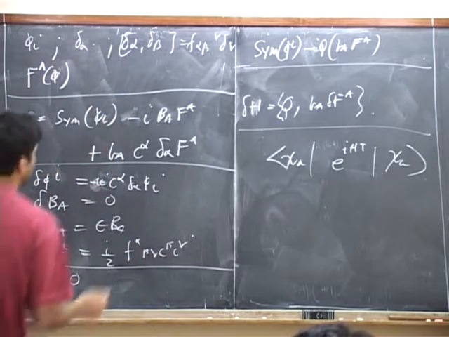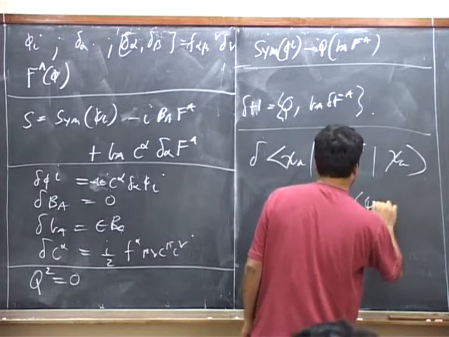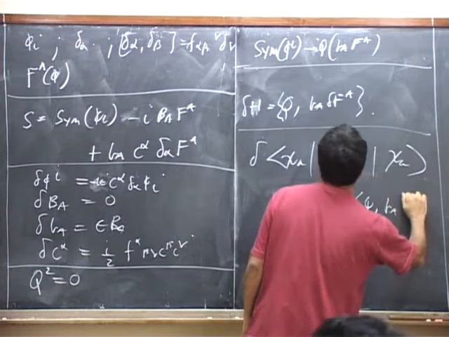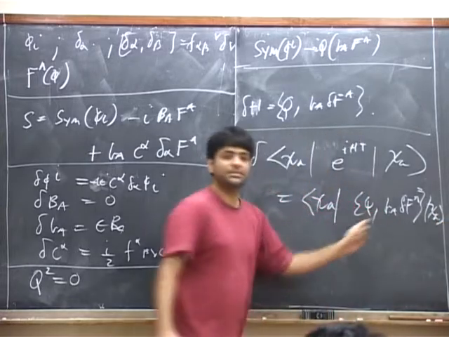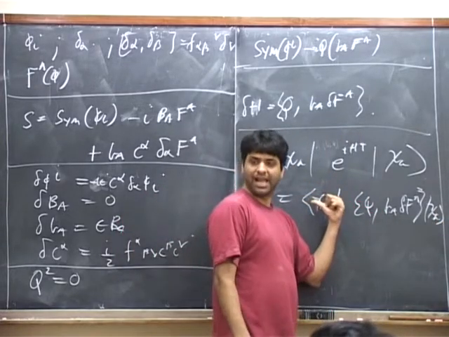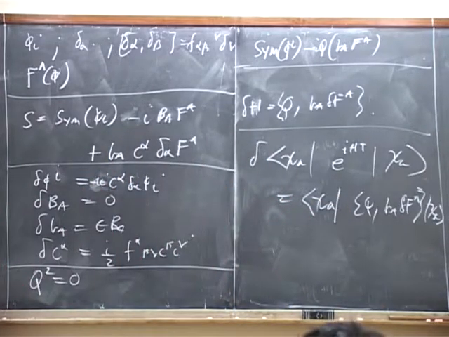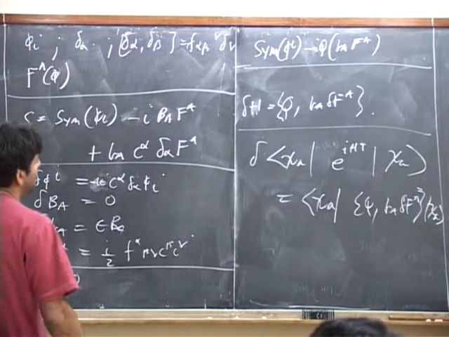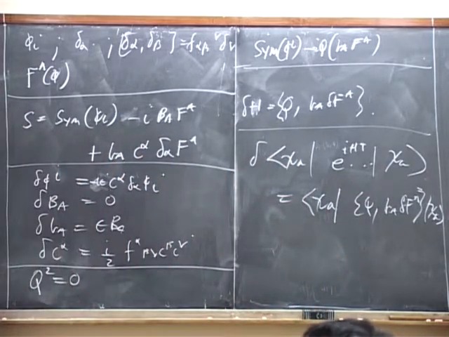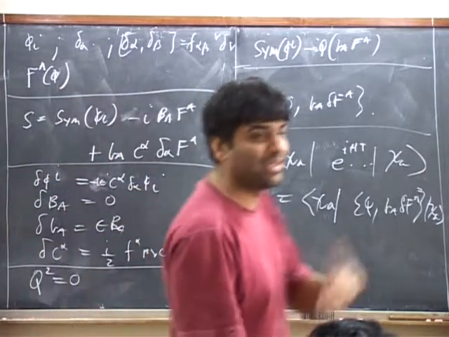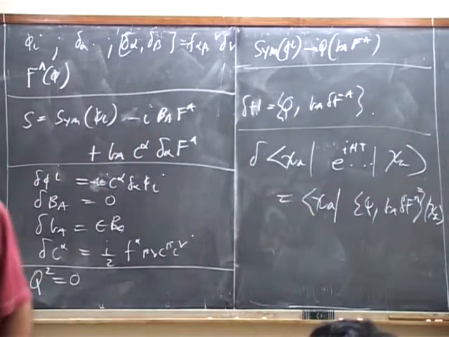Because the change in such a matrix element is simply chi A, Q, B, A, delta F, A, chi B, and this term is 0 because Q annihilates chi A by hitting from the left or from the right. Was this clear? Okay? Similarly, we might be interested in more than just matrix elements, we might be interested in operator insertions. But once again, if we choose the operators to respectively commute or anti-commute with Q, depending on whether they're fermionic or bosonic, then the same conclusion goes through.